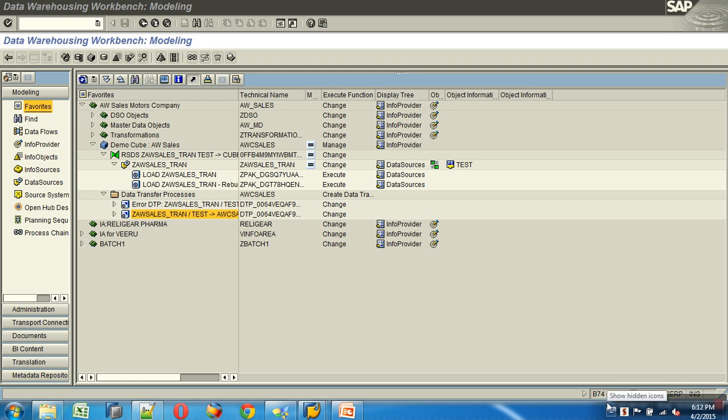So till last class we've been looking at basic modeling, where we have learnt about creating InfoObjects and creating a cube, creating DSO, modeling master data objects and loading it from flat files. Now we're going to concentrate on reporting, where we focus on